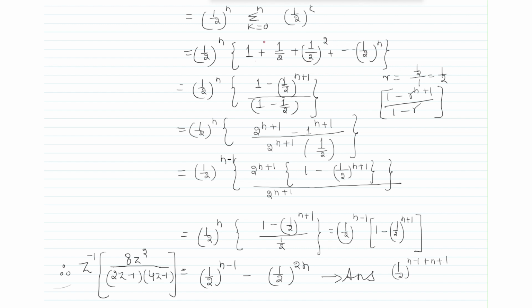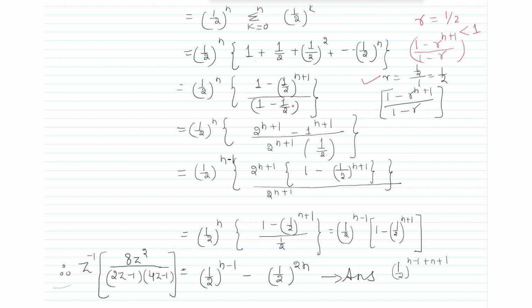So this is also a GP series, the sum of the nth terms of a GP series. But here the common ratio is half. Since the common ratio half is less than 1, instead of using r to the power n plus 1 minus 1, we will use the formula 1 minus r to the power n plus 1 upon 1 minus r. So this formula we have to use as the sum of the finite terms of the GP series. What is r here? r is half, which is less than 1. So use this formula: 1 minus half to the power n plus 1 upon 1 minus half.